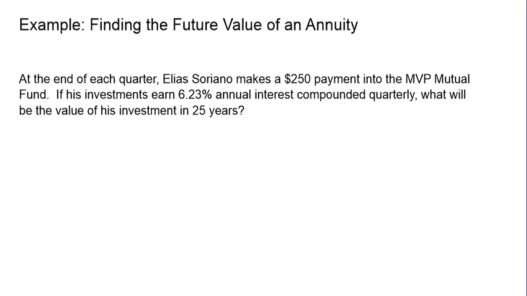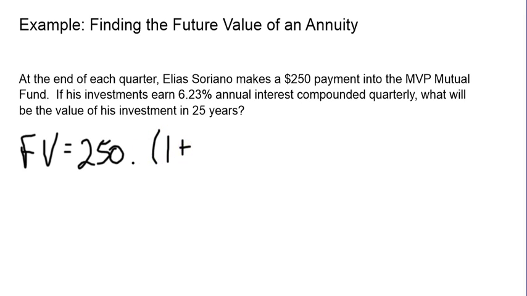Okay, so an example of finding the future value of an annuity. At the end of each quarter, Elias Soriano makes a $250 payment into the MVP mutual fund. If his investments earn 6.23% annual interest compounded quarterly, what will be the value of his investment in 25 years? So we're going to use the future value equation. FV is equal to R, the value of the payments, $250, times 1 plus